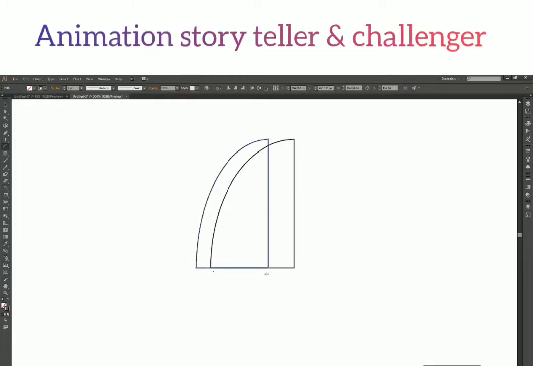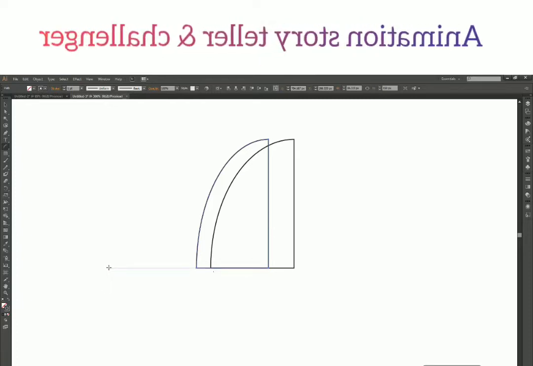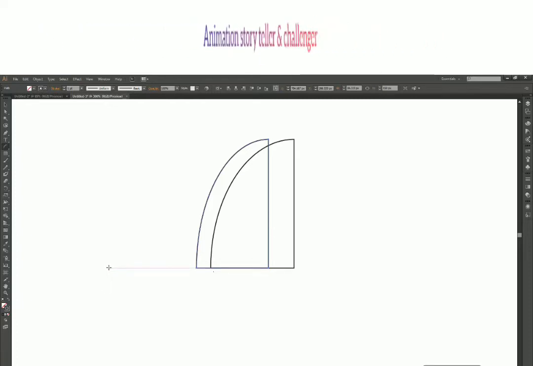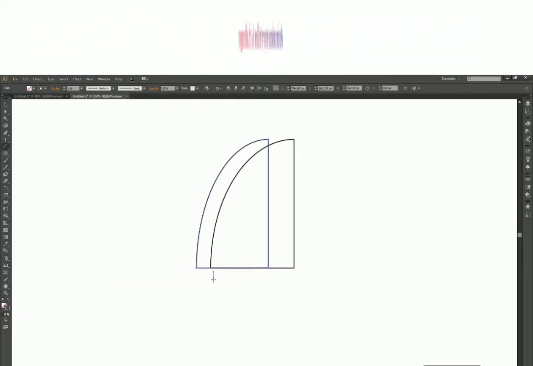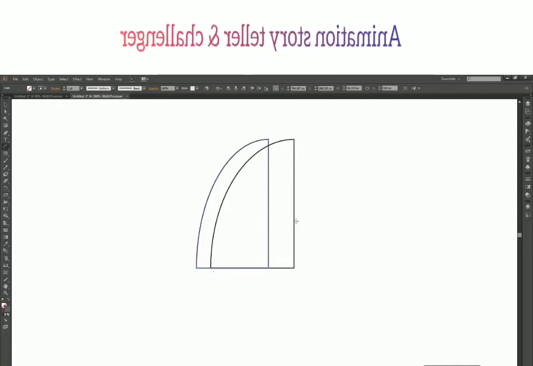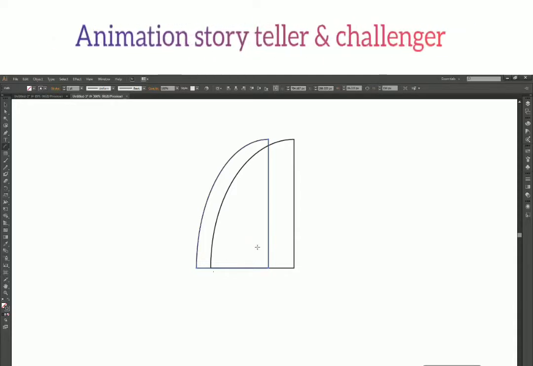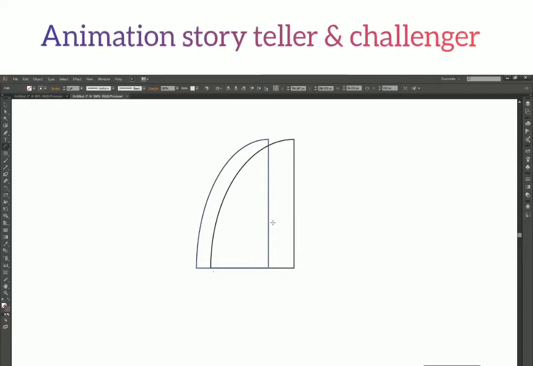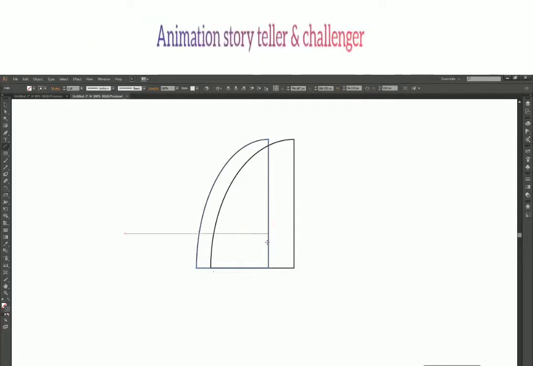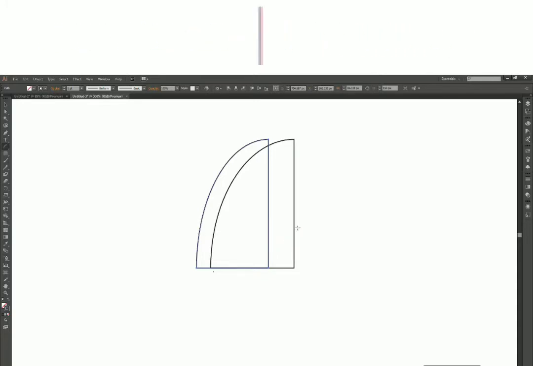One more thing to note: when you make changes in your tool or in your shape, the next time you draw the same shape, all those changes will be reflected back. Like all the changes I made last time, I am seeing all these changes again. This can be a plus point or a negative thing for you, because if you want to reset the tool, you have to go and reset manually. Otherwise, if you want to draw the same kind of shapes again and again, it is an advantage, because you don't have to change settings every time.